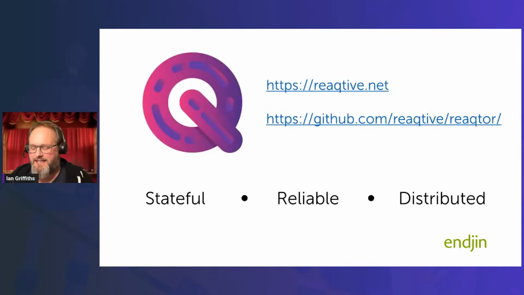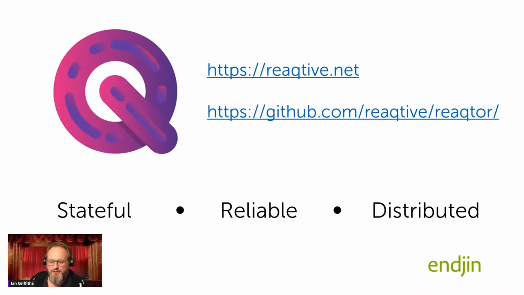So Reaqtor is a system for stateful, reliable, distributed processing of events. And it's based on the programming model that originated from the reactive extensions for .NET. So RX, the reactive extensions for .NET, have been an open source project for a very long time now, also under the .NET Foundation ownership, but more recently, another project that grew out of the same source in Microsoft became open source, and that's also under the ownership of the .NET Foundation.